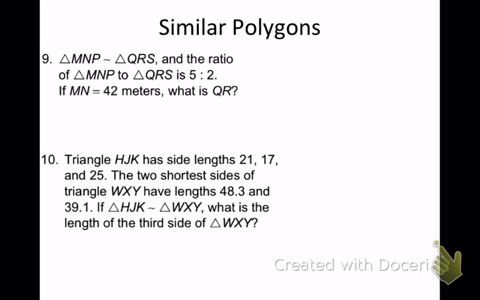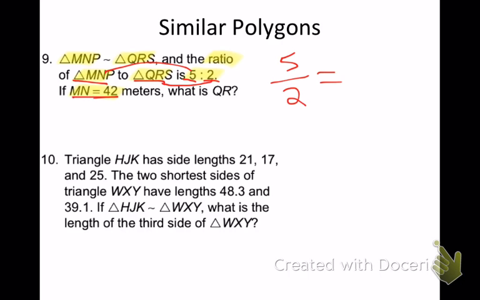Listen up. Number 9. It says triangle MNP is similar to triangle QRS. And the ratio of MNP to QRS is 5 to 2, 5 over 2. MN equals 42 meters. I need to set up a proportion. Again, they give this to me in an order. It says MNP to QRS is 5 to 2. What's the 5 go with? MNP. What's 2 go with? So I have 5 over 2